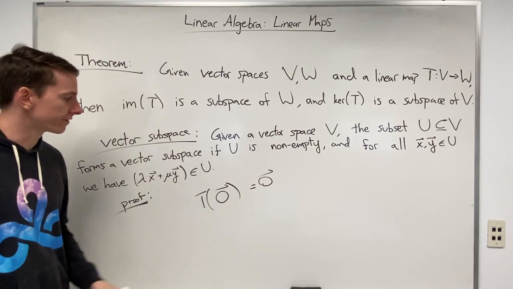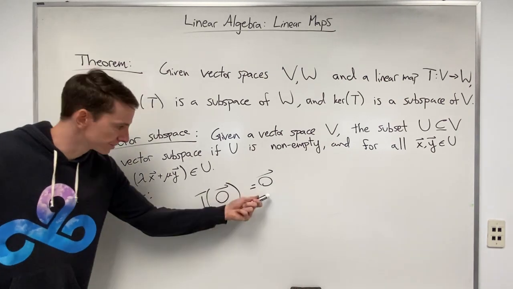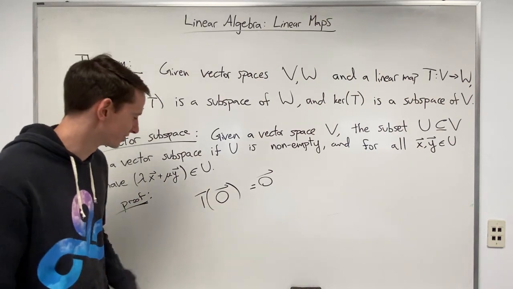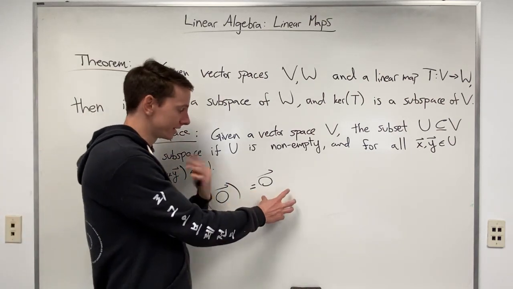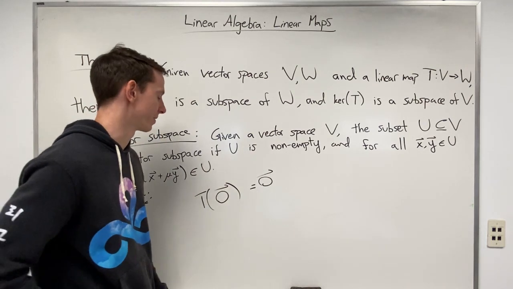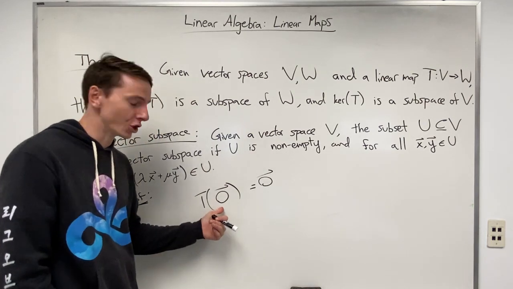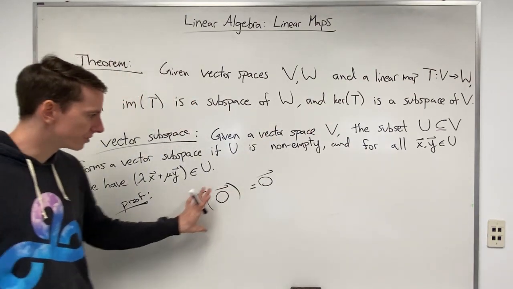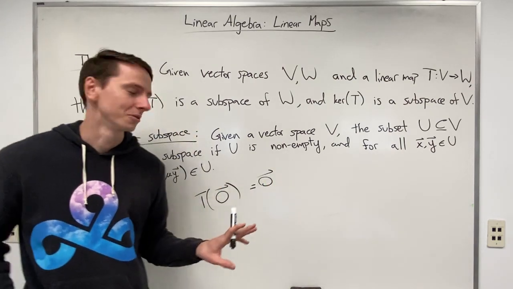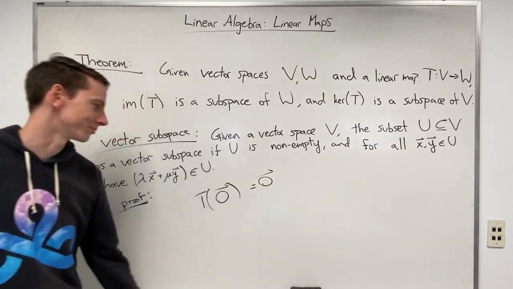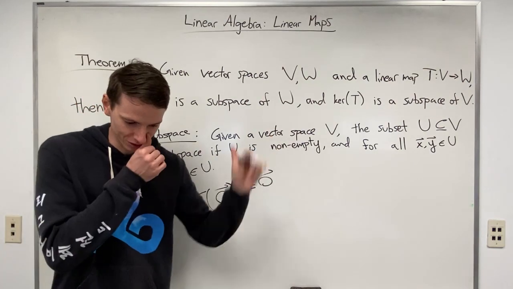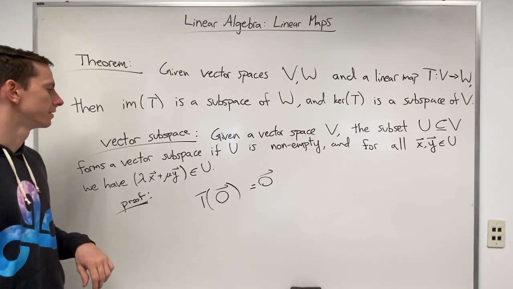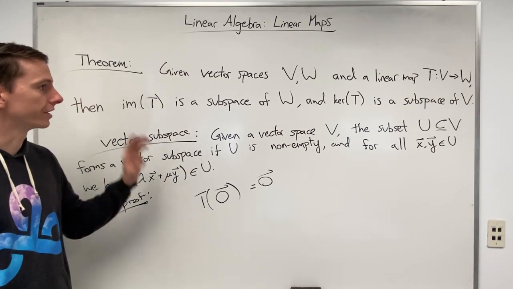As for the kernel, the set of elements in the domain which map to the zero in the codomain, we know that the zero in the domain, hopefully this is not too confusing, maps to the zero, or the identity element, in the codomain. Therefore, the domain zero is a part of the kernel. So the kernel is non-empty. So simply from this property alone, the identity maps to identity property, if we're talking in group theory, or in more general algebraic terms, that immediately satisfies the requirement that both the image and the kernel are